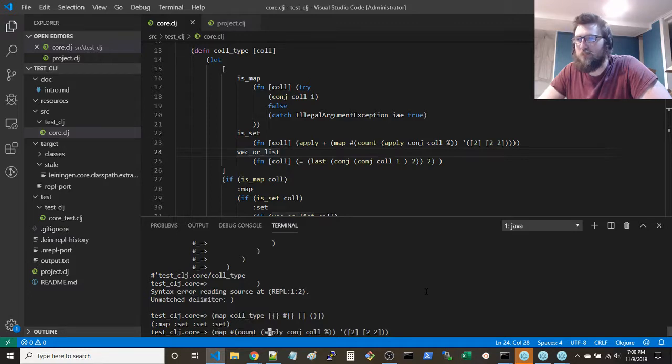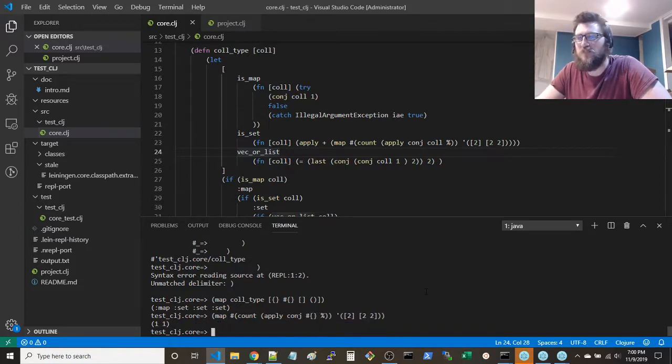So if we map collection, right, and we just say, okay, how about the collection is this guy. What does that look like? 1-1. What? Wait, what happened there?